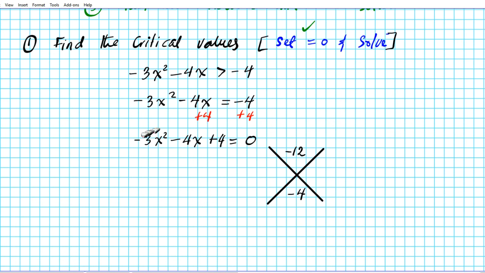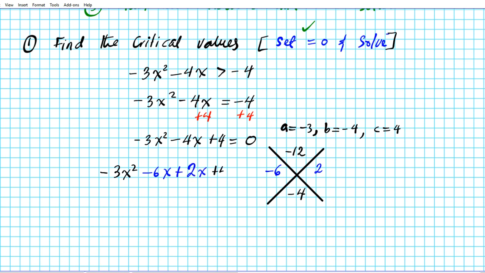Okay, so in this quadratic we have in general form, note that A is negative 3, the coefficient of x squared, B is negative 4, and C is positive 4. So AC goes on the top, B goes on the bottom. Now we're going to figure out two numbers that multiply to give you negative 12 and add to give you negative 4. So let's use 6 and 2. In order for the sum to be negative, the bigger has to be negative. Insert that into the quadratic equation. We'll have negative 3x squared minus 6x plus 2x plus 4